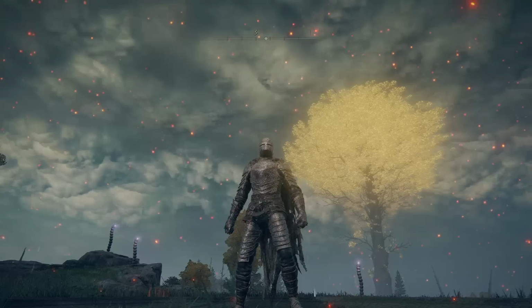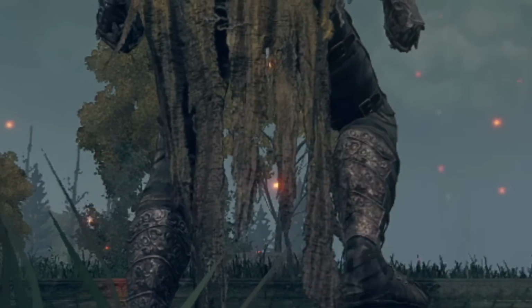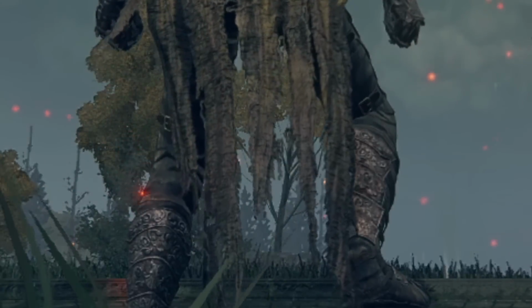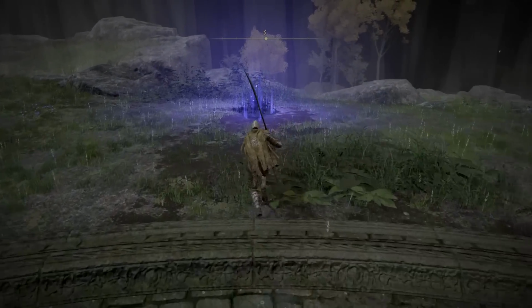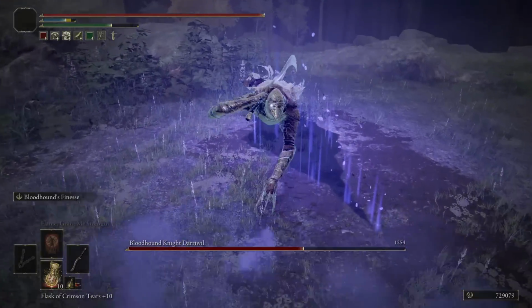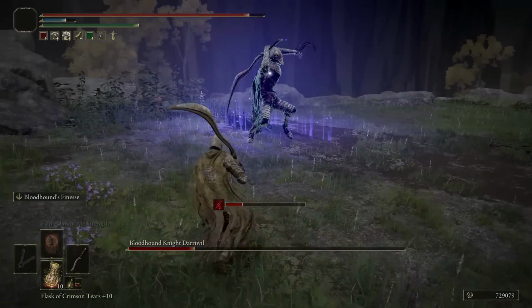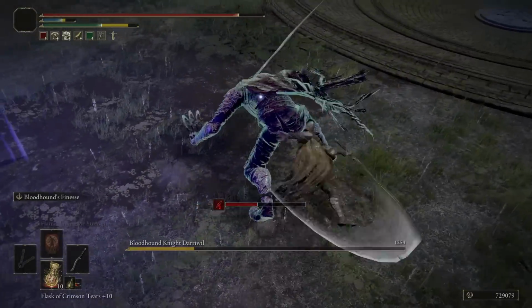If I spin around though, you can see that there they are. The metal plates that are meant to be protecting the front of my leg are actually on the back of my leg. Why is it that they're in the wrong place? They're literally worn backwards. Well, again, if you think about it, the Bloodhound Knights are on all fours when they're fighting you. So of course their back is more likely needing protection, especially those sticking out legs. So they opt to have that armor spin around and be backwards to protect the backside, which is actually more